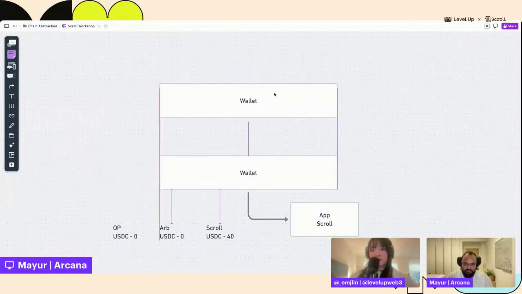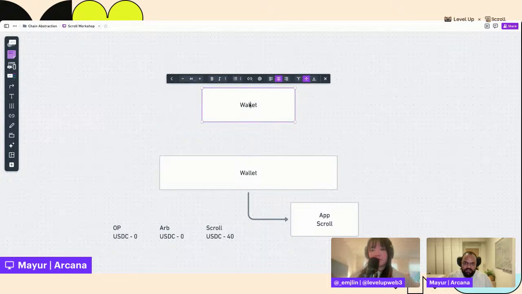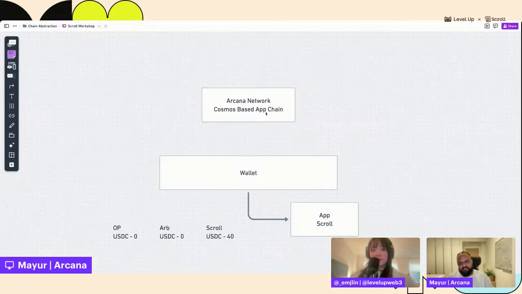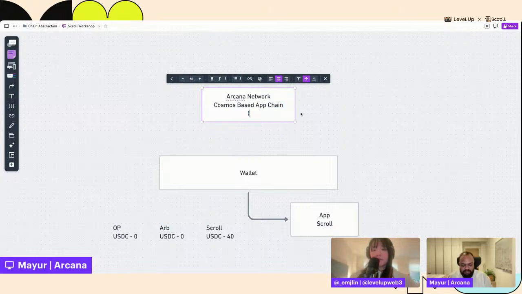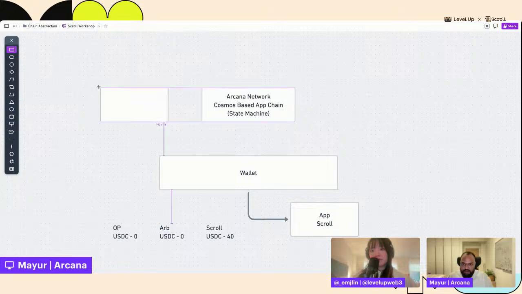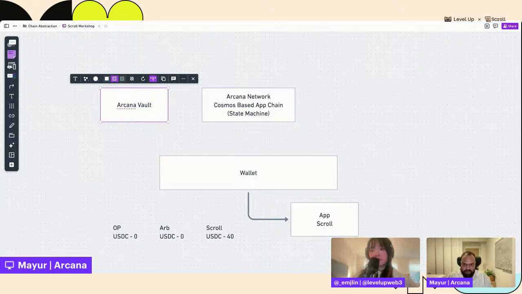So what we put together as a design is the Arcana network, which is a Cosmos-based app chain, and its job is essentially like a state machine. It keeps the state of what we call user intents, and we'll talk a bit more about what those are. And we also have the Arcana vault contracts that we deploy on every chain that we support.